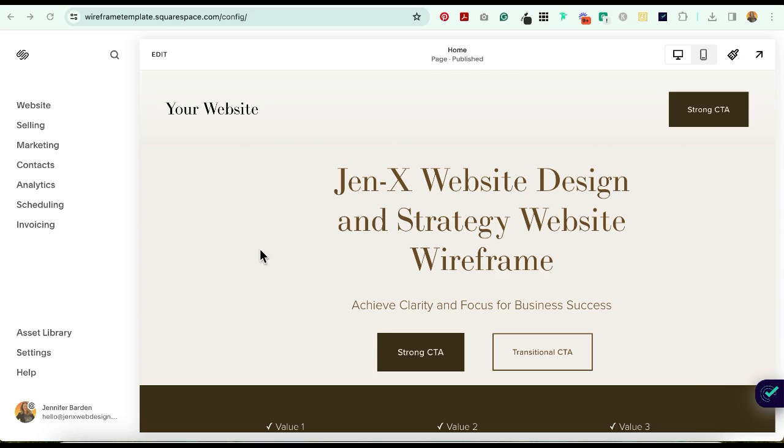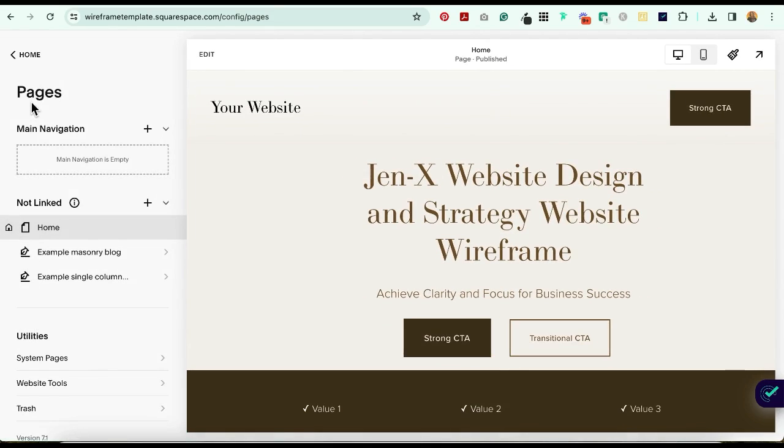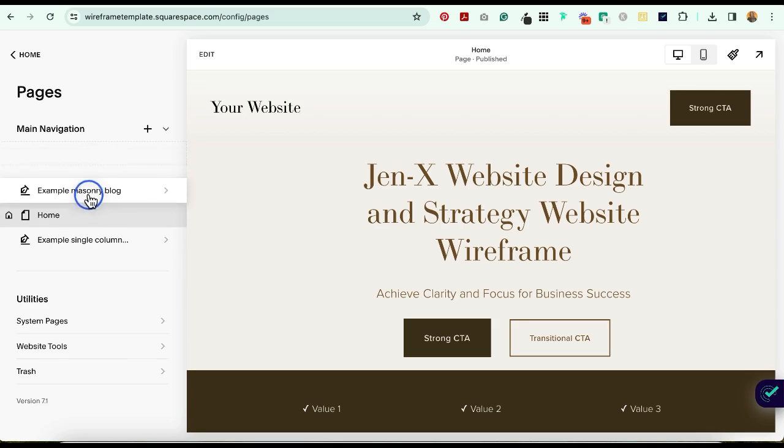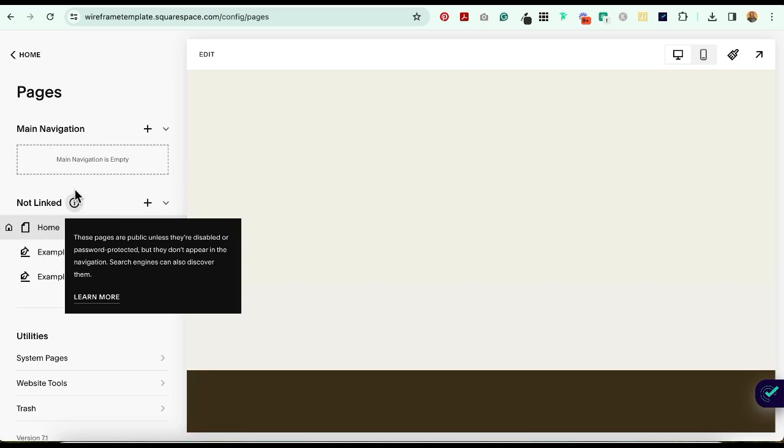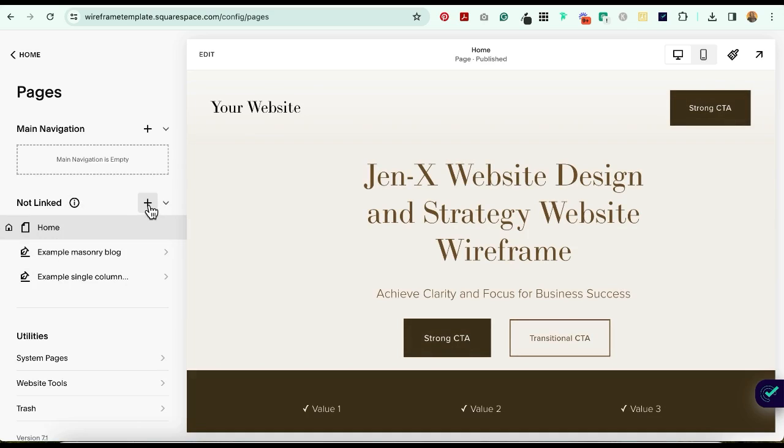So if you are logged into your Squarespace website, you are going to go to website and you are going to want this in your main navigation. But until you have it set up just how you like it, you should start in the not linked section. That is, if you already have a live website that everybody can see, I recommend starting down here. And then when you have it just how you like it, you can literally just click and drag it up to the main navigation. But we're going to start here for now, and we're going to select the plus sign,